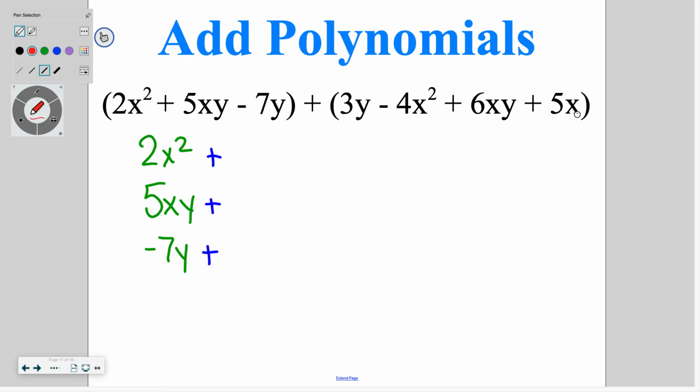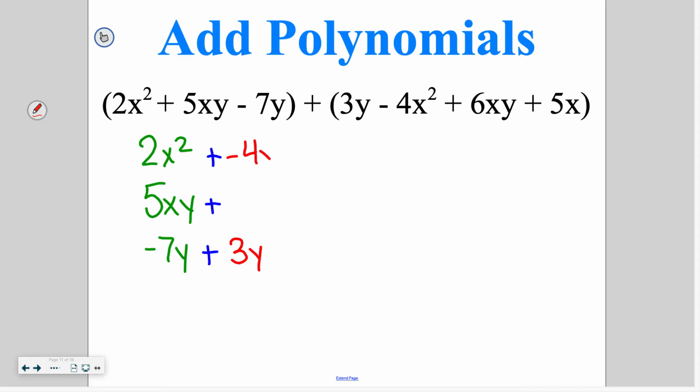So we're going to go ahead and add on whatever we have in the second one. I've got a polynomial over here with 4 terms. This first one, this 3y, I come over here and I look and I see that the y matches with the y. And then I've got a negative 4x squared. I've got a positive 6xy. And then additionally, I have a positive 5x. So that didn't have anything to match up with from the first,